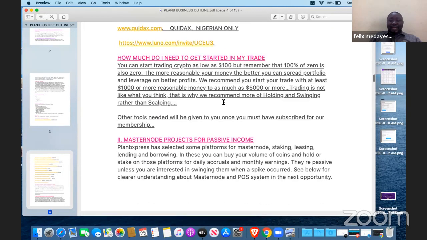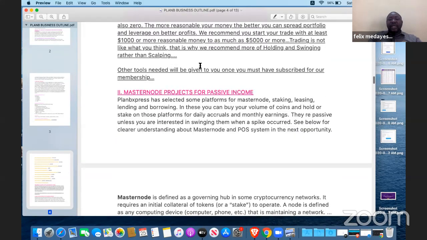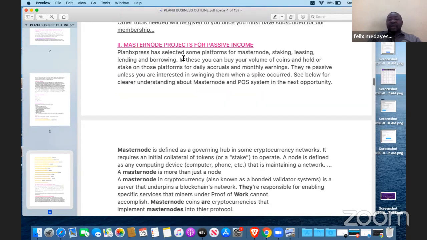So when I say all of this, what do I need? Okay, I can buy $1,000. To be reasonable, if I have access to money, let me dedicate $5,000. Then I can spread my $5,000, say 50% or 60% in your personal trading. Then we'll now talk about Masternode